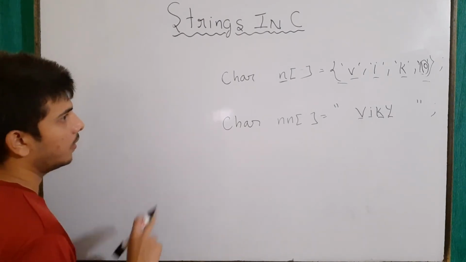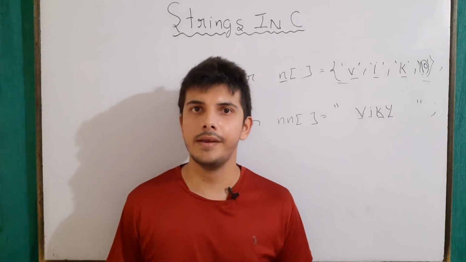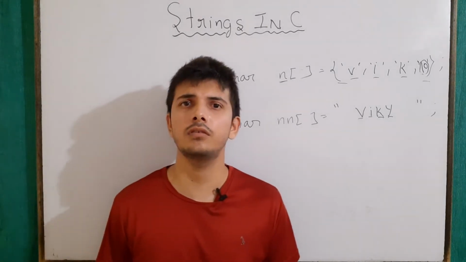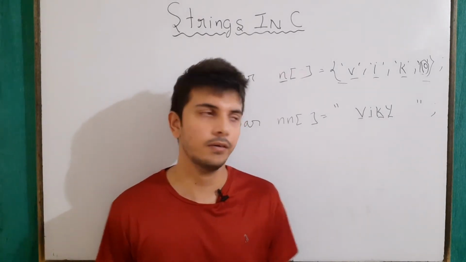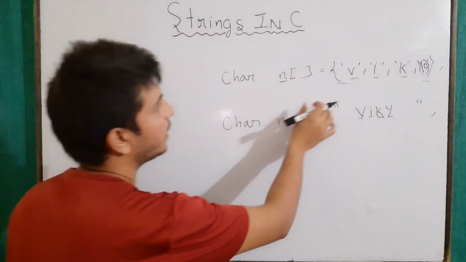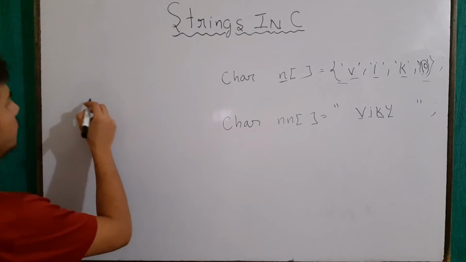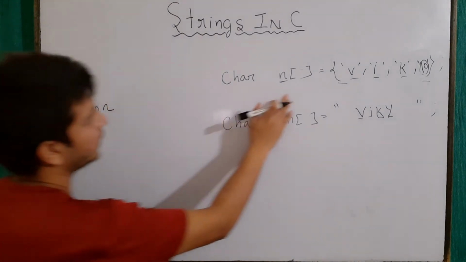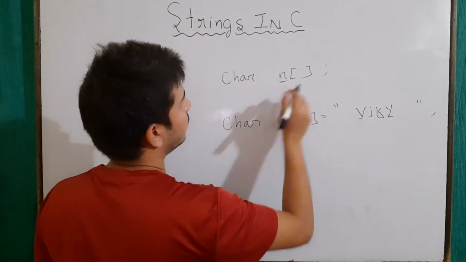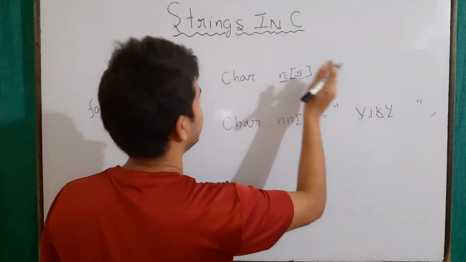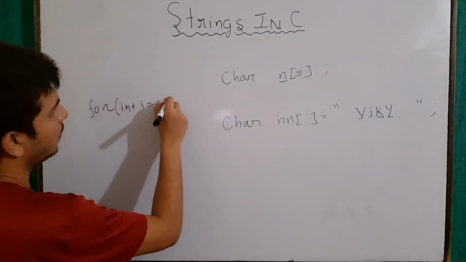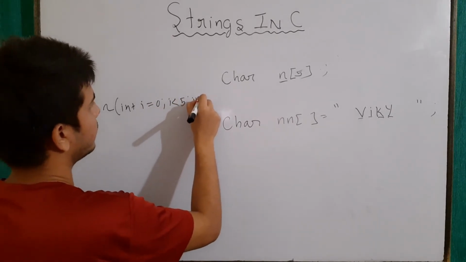Now we know how to print an array element or the entire string. But let's say I want to take input in string format. There could be two ways. The first way says that I will take input one by one, using loops. For example, there is a character array I defined here, and right now I have to write the size also. Let's say it is of size 5. Then I'll write for int i equals 0, i less than 5, and i plus plus.